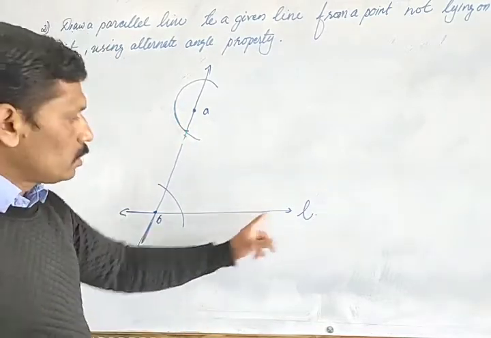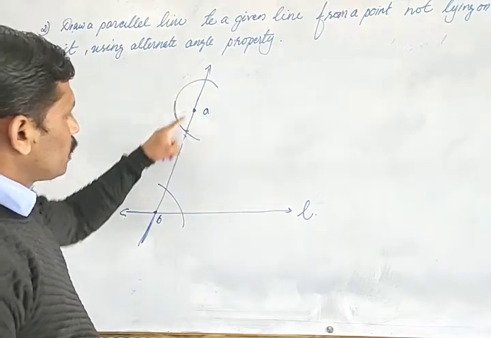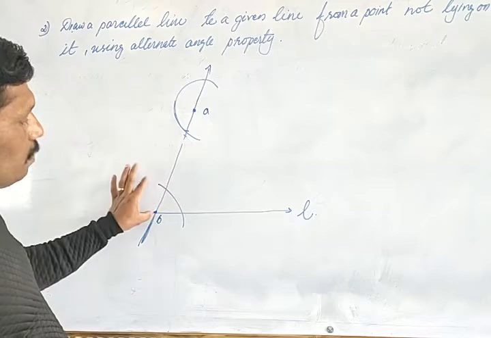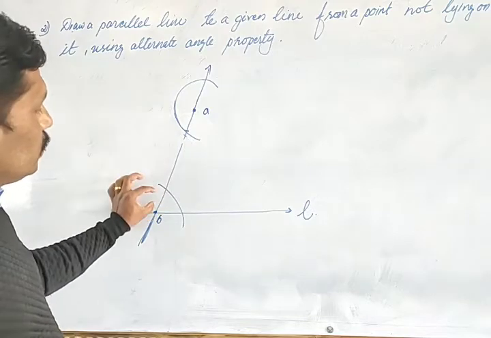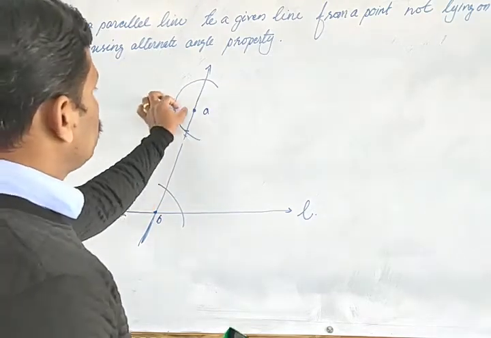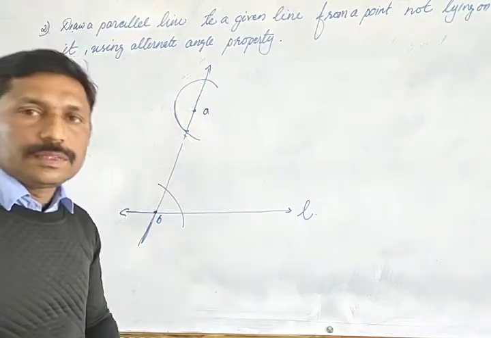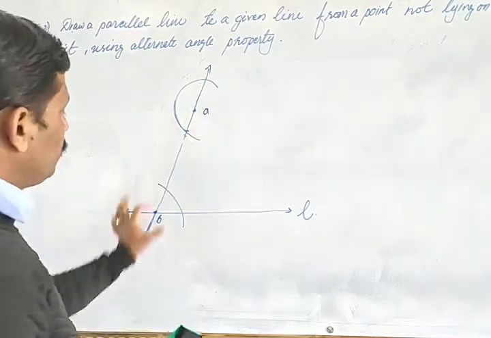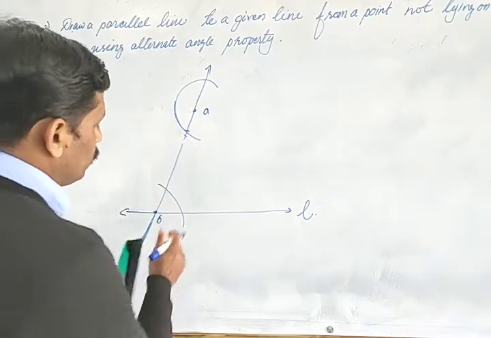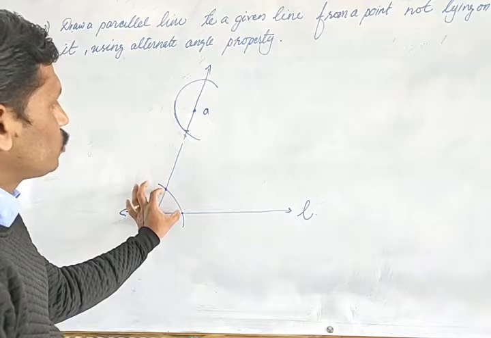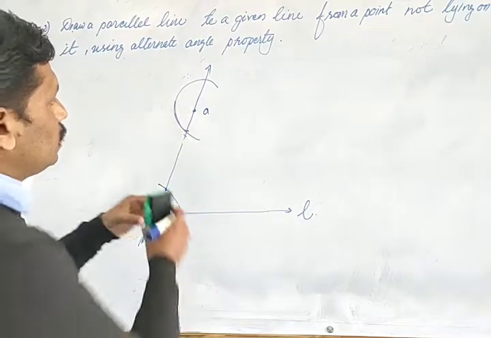So first of all, we draw the line, put a point outside, and from that line we make a transversal, and then at a suitable radius we make an arc here, and with the same distance we keep at this point and make a semicircle here. And afterwards we measure the distance between these two points. What's the distance? Using the compass we measure it and keep the compass here at this point.